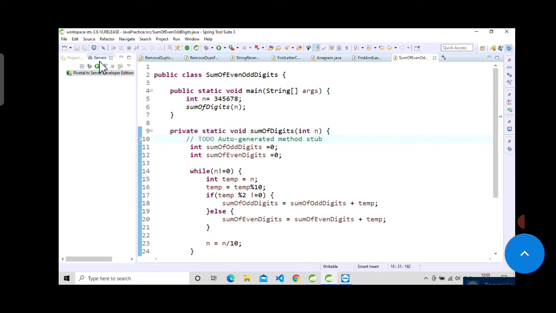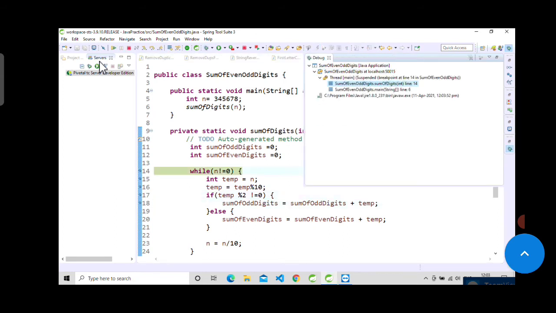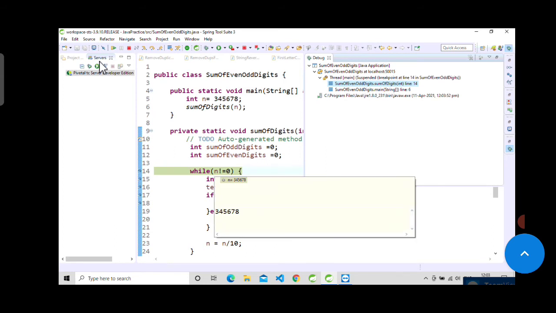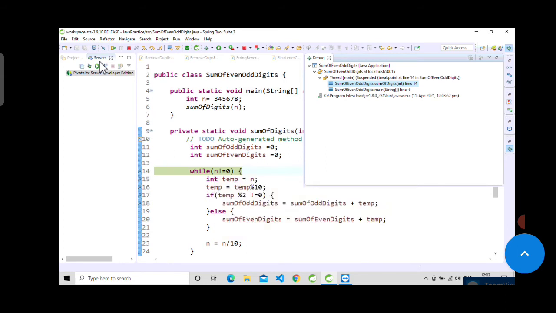Now the logic is this. I will show you with the help of the debugger. I will put a debug point here so you can understand the main logic. Now the n value is 3 4 whatever we have given here. If I resume, we assign this value to temp.